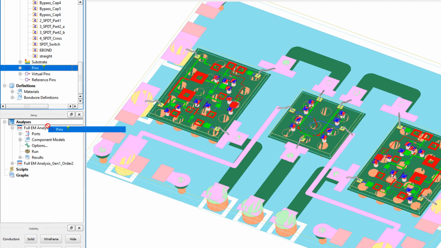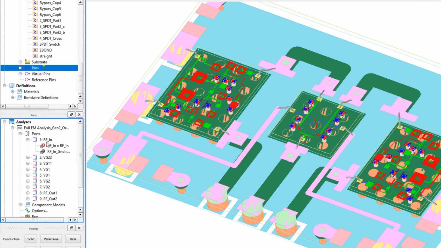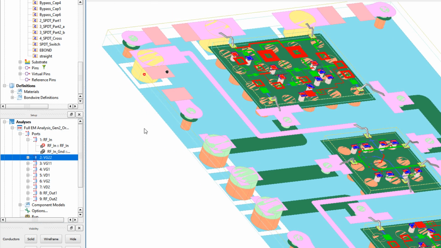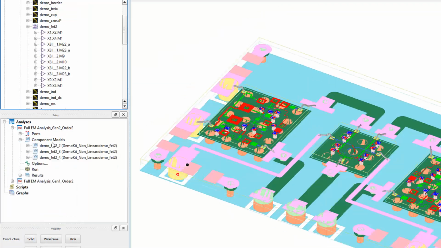So we drag the pins and the components down in the analysis section, just like we did for the ICs. Ports will be created and they have two pins, positive and negative. The negative pin of the port is the ground return pin you have decided to use in your layout. And here are the FET circuit model components that will be co-simulated at the end with the EM results.